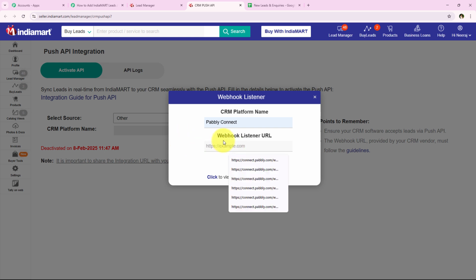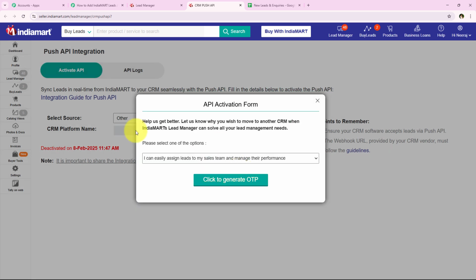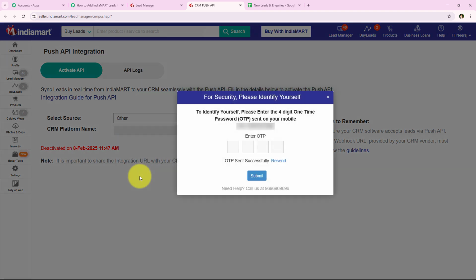And now it is asking me for the webhook listener URL. So we are just going to paste the URL which we copied from our workflow and click on this save details. And now it is asking me for the reason. Why do I wish to shift my IndiaMART leads to any other application? So over here, I'm just going to select my reason as this and click on this click to generate OTP